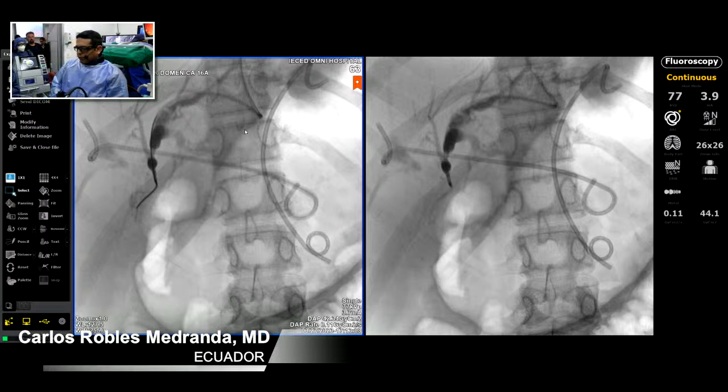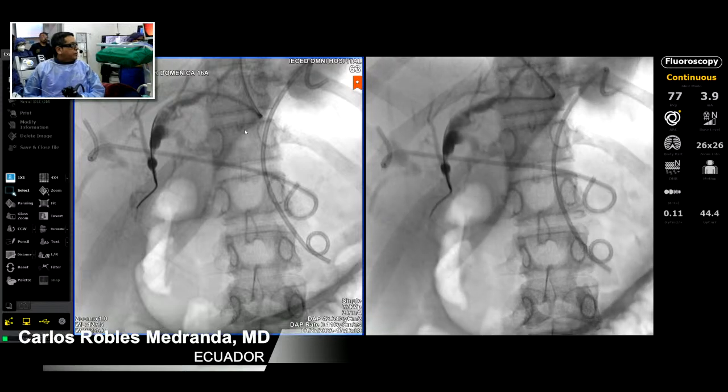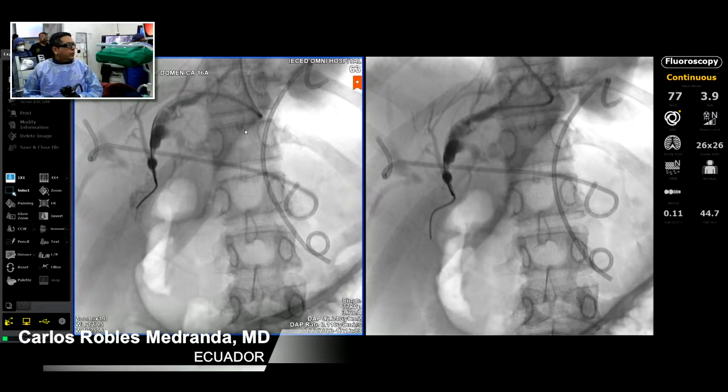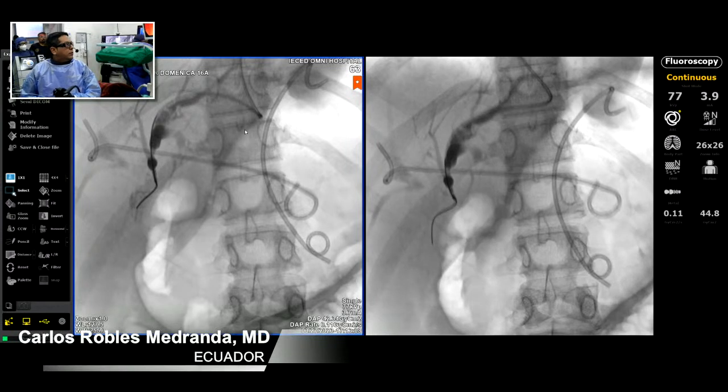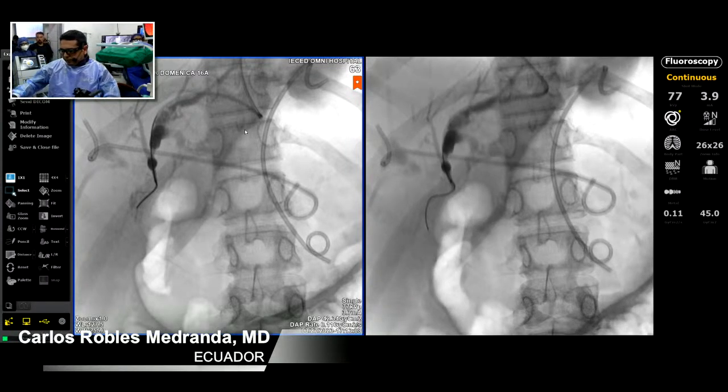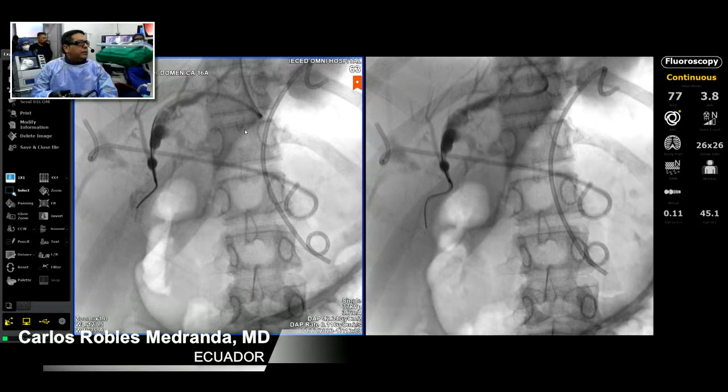So if I do a false tract, it's not a big deal because I will put a plastic stent again. I will remove that one from the right, and I will leave just one, communicating the right with the left. Empuja, empuja. So why I will use a 7 French colonoscope is because you need to remember that the sphincterotome have